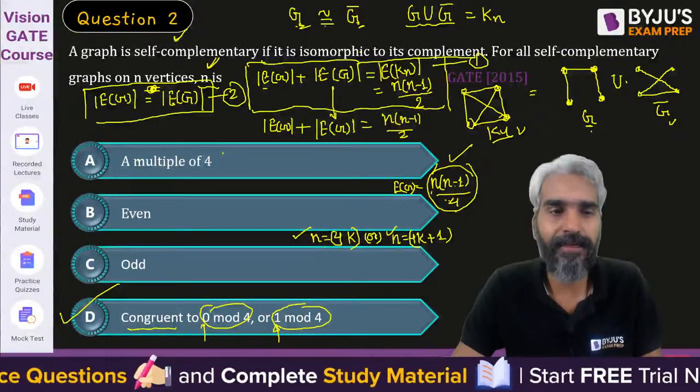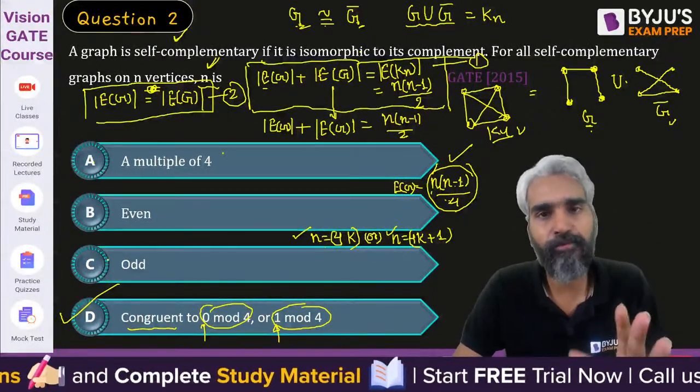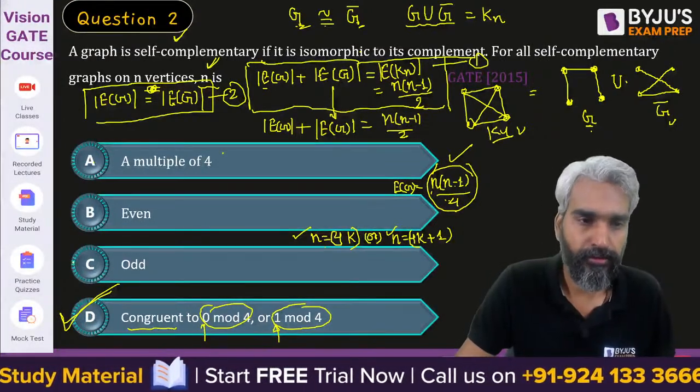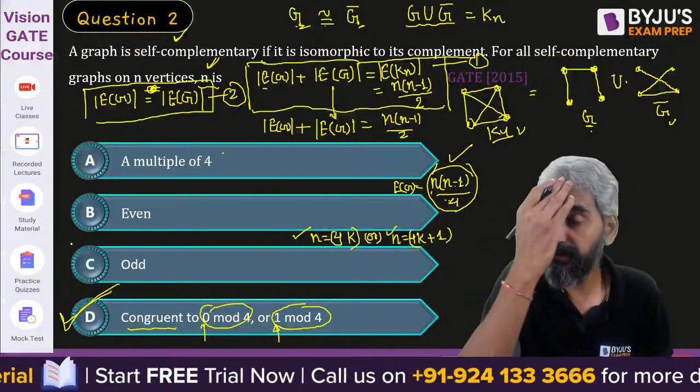So, multiple of 4 is also okay, but it is not the most precise answer. Among A and D, the most precise answer will be option D. Clear? So, remaining 3 are false. So, please try to understand that